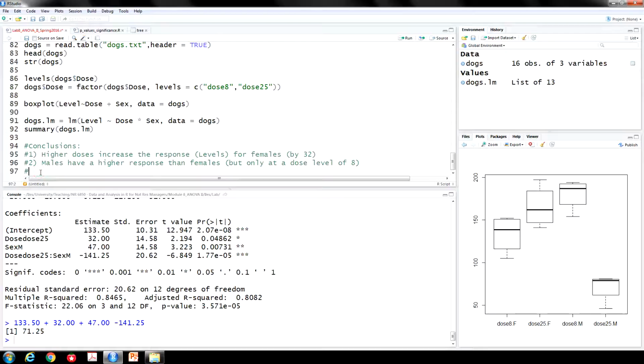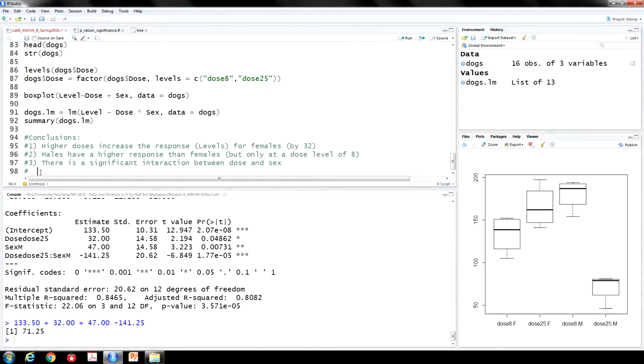Now lastly, there is a significant interaction between dose and sex. And what this means is that higher dose levels decrease the response for males, but increase the response for females. Okay, I can see this from my box plots, but I can also calculate that numerically by adding or subtracting these